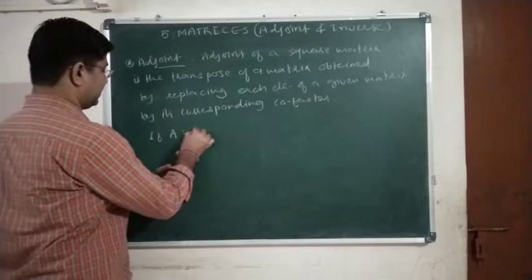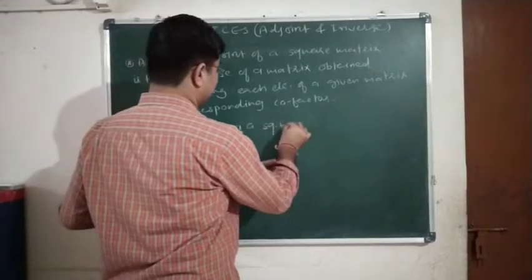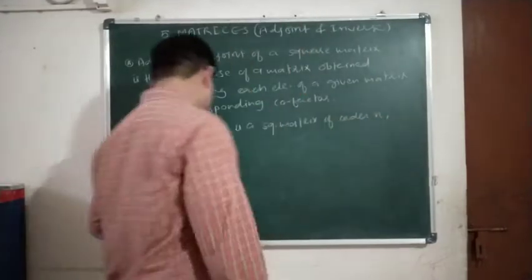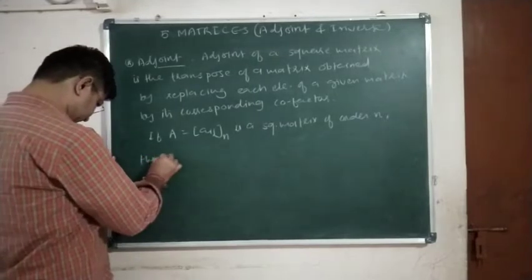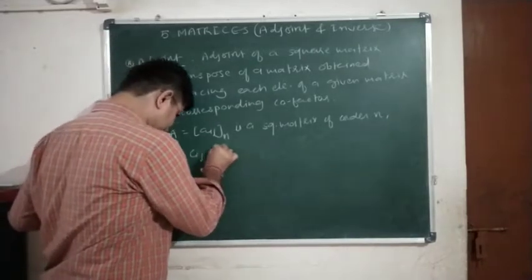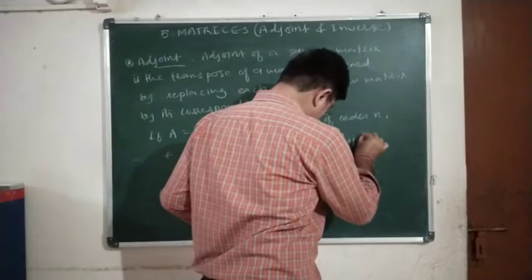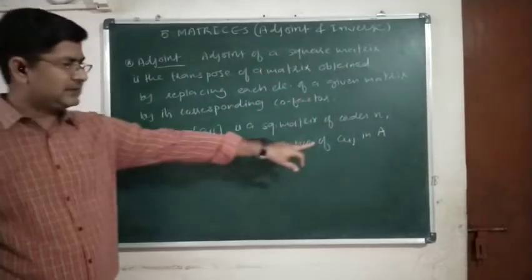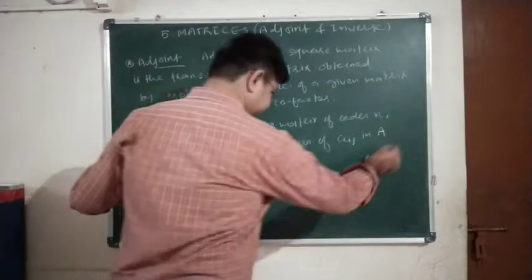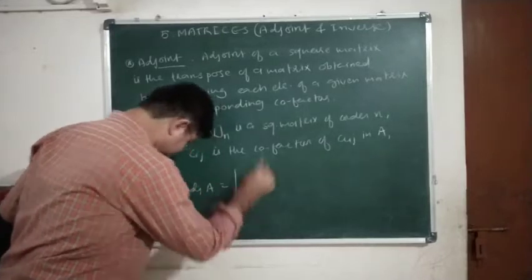if A equals Aij is a square matrix of order n, and Cij is the cofactor of Aij in matrix A. Aij is an element of matrix A and Cij is the cofactor of element Aij. Then adjoint of A is a matrix